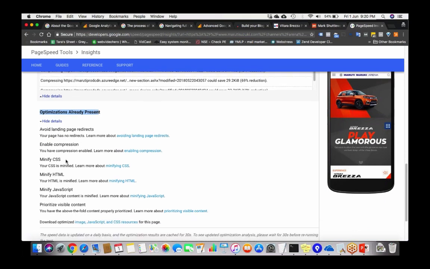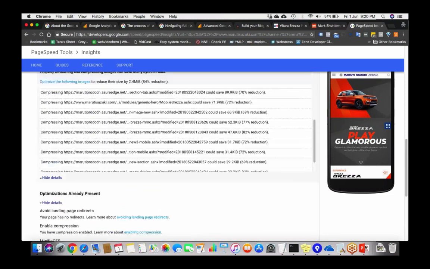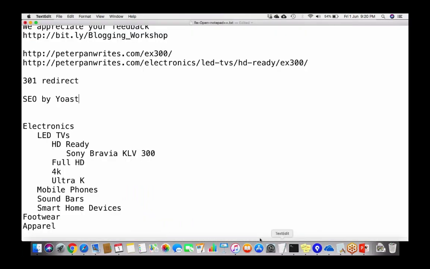The CSS is already minified here. The JavaScript is also minified over here. The HTML is also already minified over here. Okay. Now, what is the minification process? I tell you. Let's say